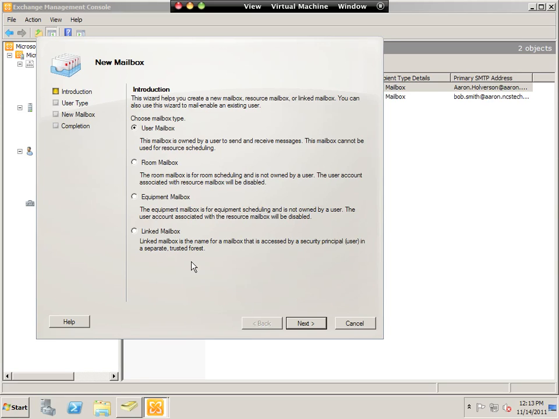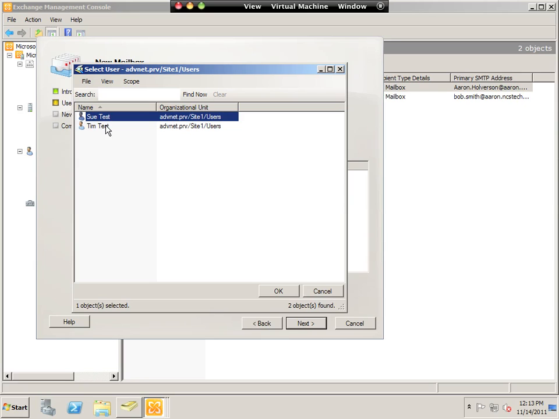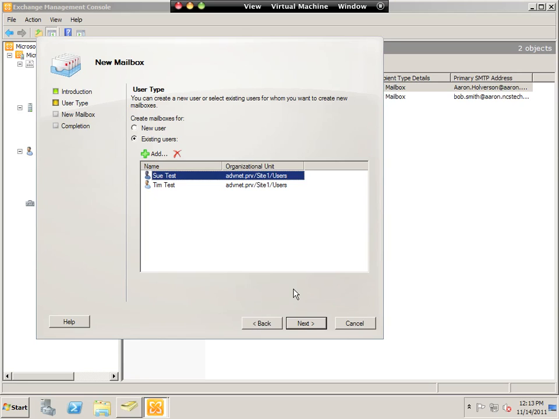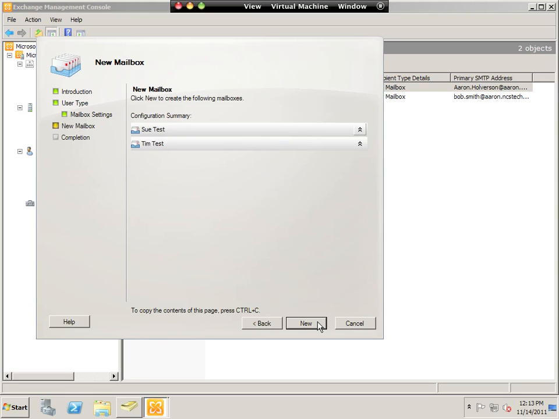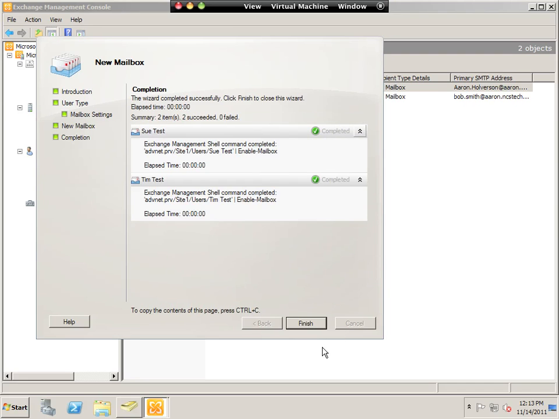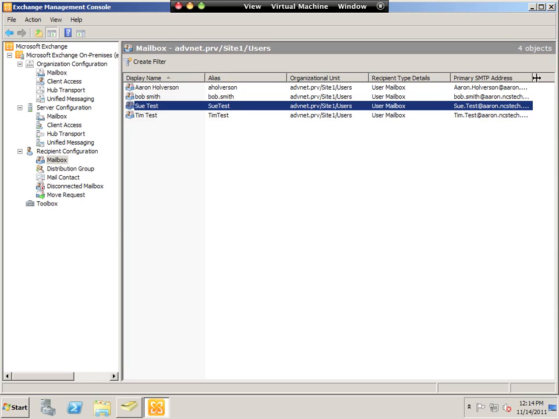So new user mailbox, and we're going to use existing users. So here are my two users, Sue and Tim. I'm going to hold the shift key down to select all of them. Hit OK. And then hit next. The alias is going to be generated based on my default mailbox policy that we set when I first explained Exchange Management Console. And hit next. And they're done. You can take a look at them. They are finished. So now I have my two users in there, and you can see the email address. The email address is now using the disjointed public namespace, so